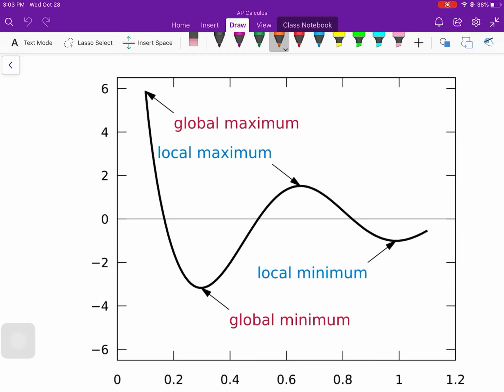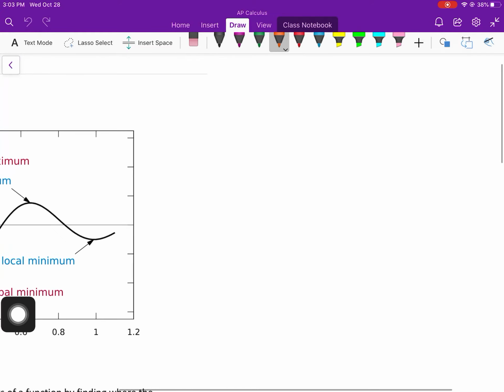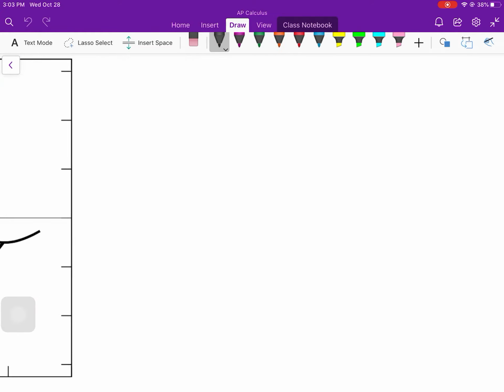The main thing, though, in this assignment is critical points. So these extrema are going to occur at what we call critical points. So what is a critical point? A critical point is when f prime of x equals 0,